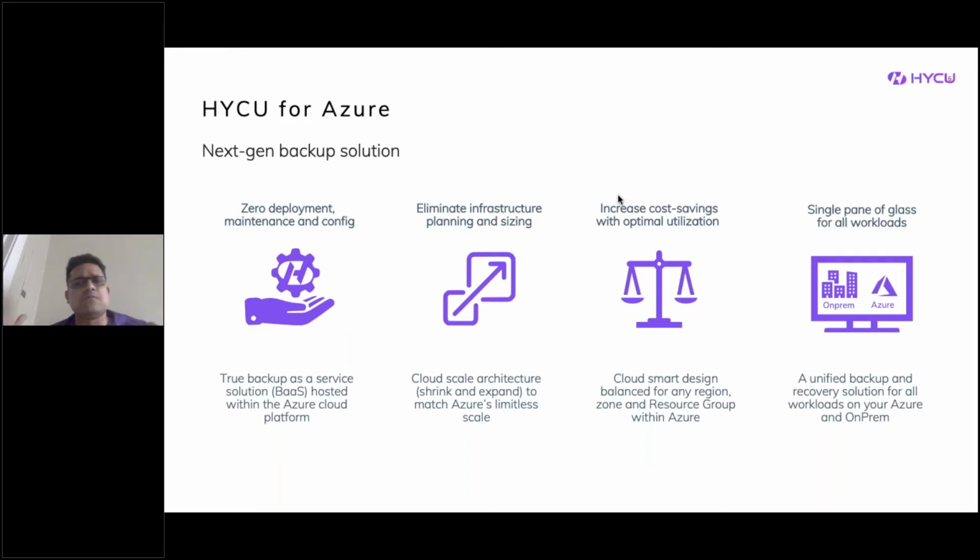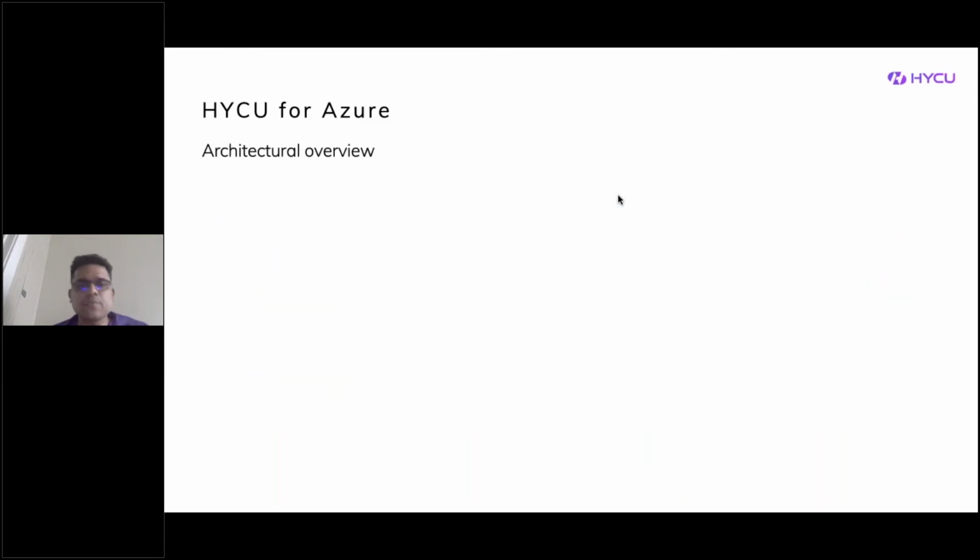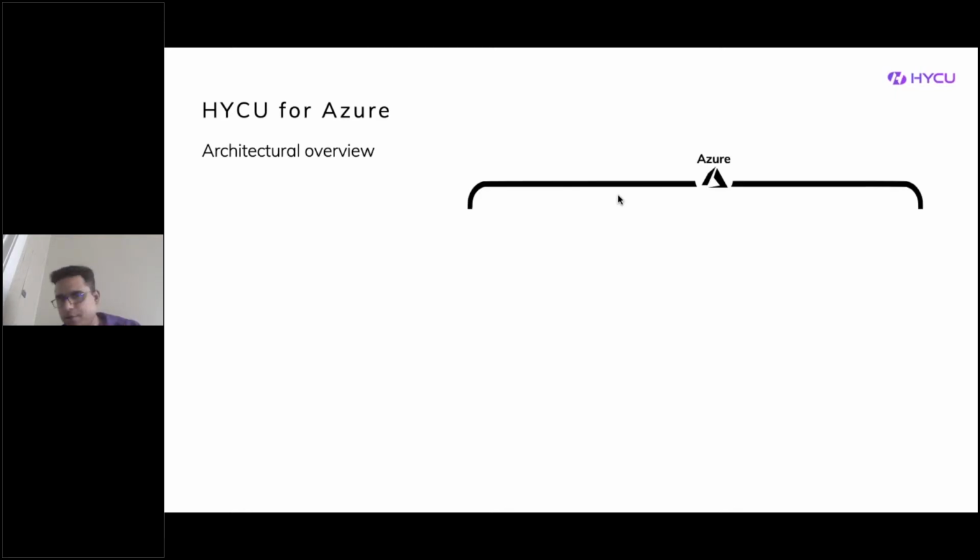And last but not the least, this is something that I will be showcasing right now, we have this awesome single pane of glass to manage all of your on-prem and your Azure workloads. So with that being said, I just wanted to show you a quick high-level overview of the architecture of what I just talked about. So we start with your Azure cloud environment, where we basically have HYCU running as a